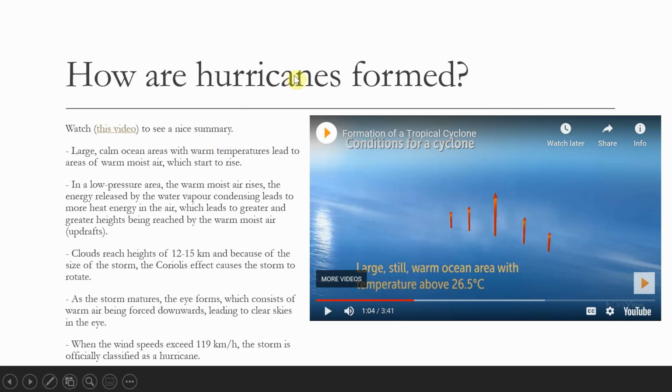So both hurricanes and tornadoes, well, hurricanes form in low pressure areas, but tornadoes, even if they're not in a low pressure area, create their own low pressure inside the tornado, for reasons that we won't really get into. So let's carry on with the